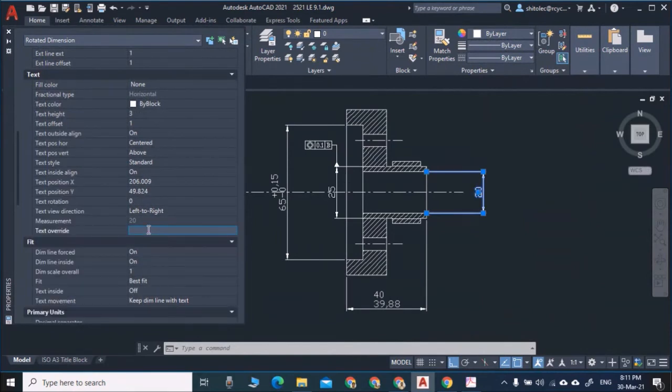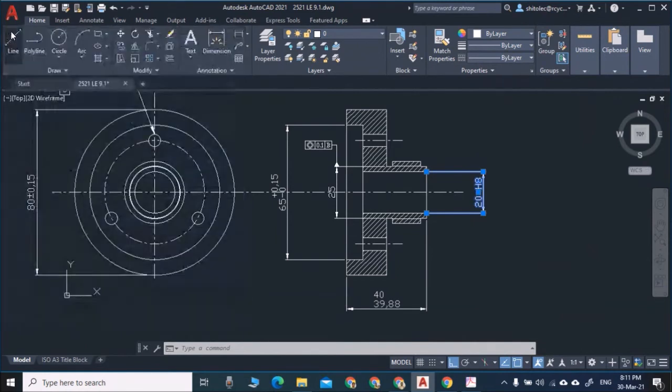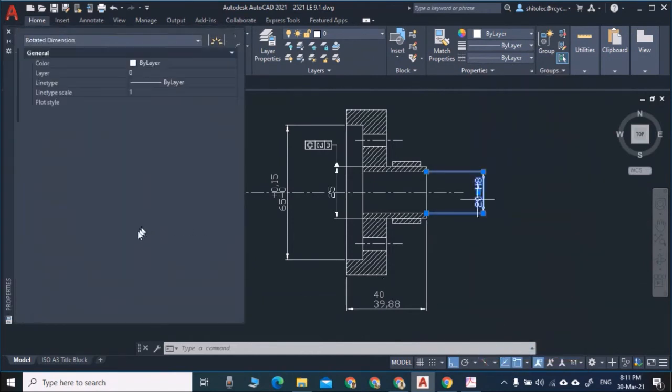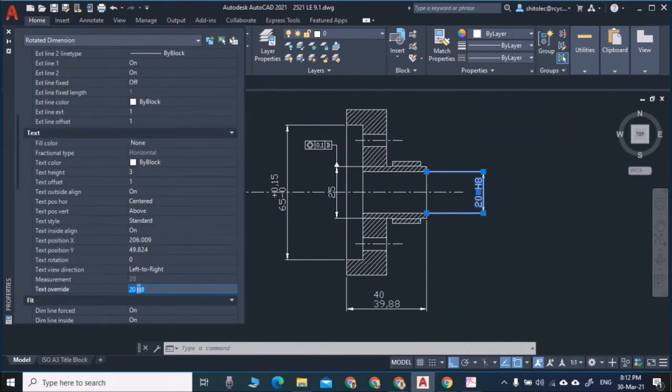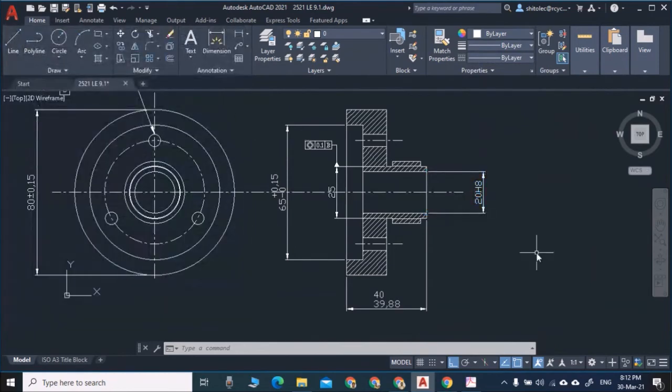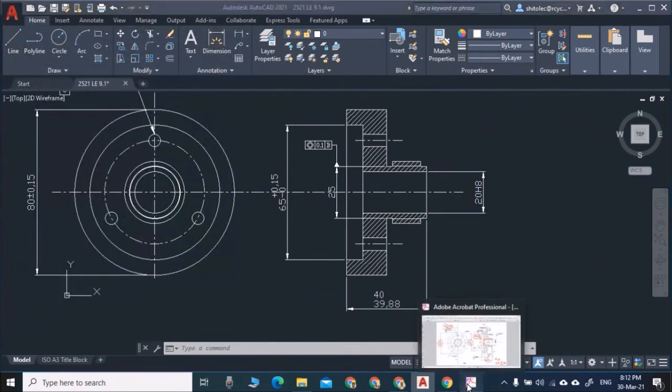So here I can write 20 H8. This will be overwritten, and you can see 20 H8. There is a space, so you can make it spaceless: in properties, text, there is a no space option. Yes, enter. Now it is closed. So this is finished now.